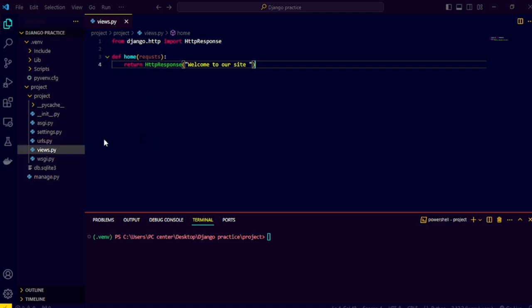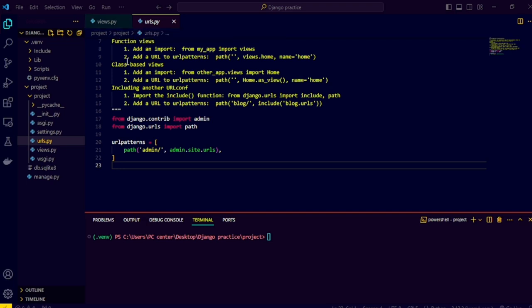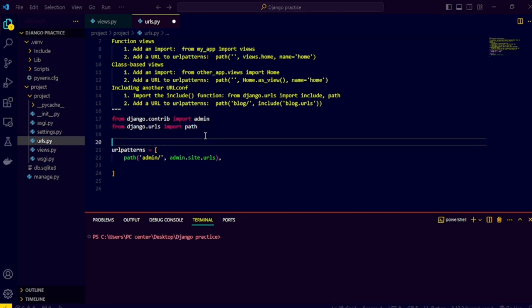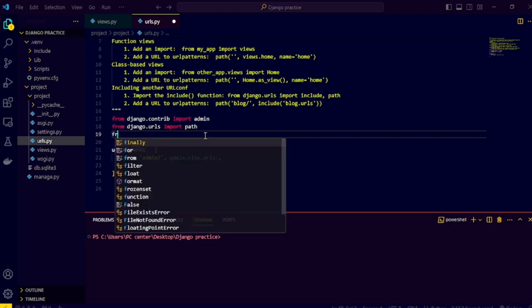Now the second thing is to go to the urls.py file to add the path of our views.py file. After making a views.py file, we have to connect it with the urls.py file. To connect it, we have to import the views.py file into the urls.py file and add the path to it. To import in the urls.py file, we have to write a command that is known as from